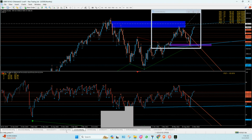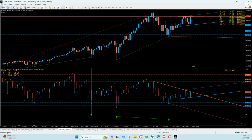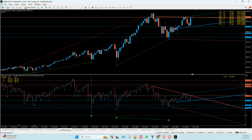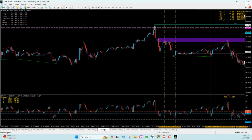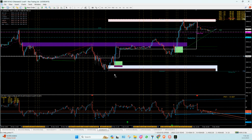If you take a look at the monthly, we've broken out. So this is a bit tricky here. On the monthly breaking out, it means we've got room to go up, and that leads me to believe 4,540 might be a retracement. It's going to be a little tricky. 4,540. Let's do this. Now I didn't put the Astro hours for today here,